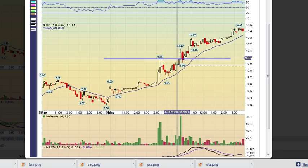So you could have played it two ways. Either you could have put a buy limit order to get you in at 10 right here, right at the breakout at 10. If you were too scared to miss it, or if you're too scared to manually enter the stock,